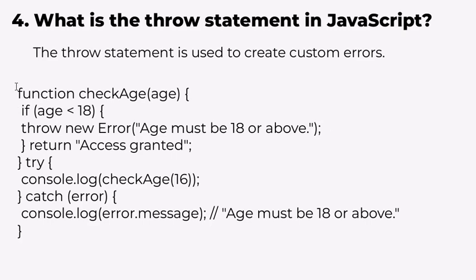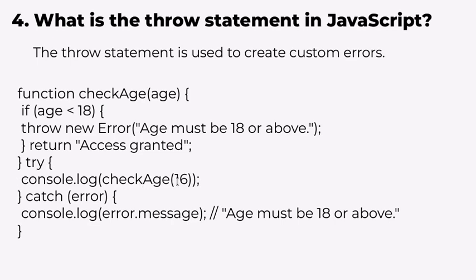I have declared a function with the name checkAge, and the parameter I have given inside parentheses is age. I will use an if statement and check if age is less than 18, and inside the if statement I will use throw new Error, which is a custom error, and I will print "Age must be 18 or above", and otherwise it will return "Access granted". After closing the if statement, the try statement will execute